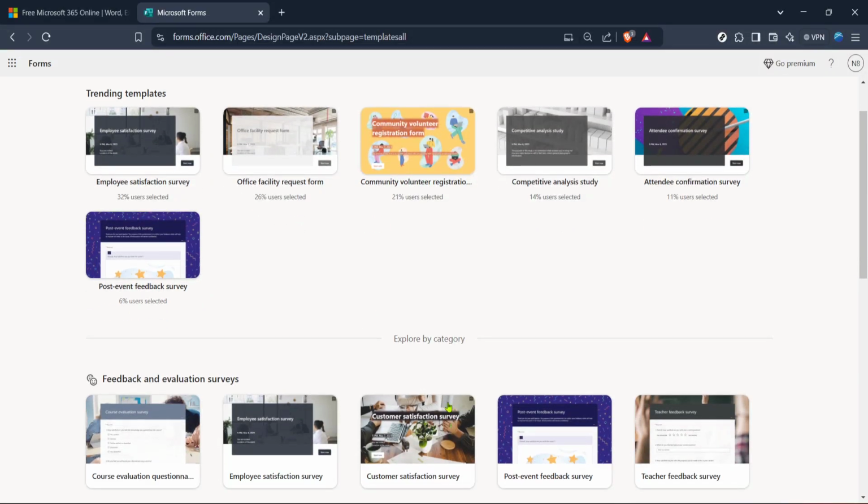As you browse through the templates, you'll see various options available. Study them to find one that positions you closest to your goal or offers a layout that appeals to you. Once you find the template you'd like to use, simply click on it to start customizing. Let's say, for instance, you've decided on the Customer Satisfaction Survey template. Clicking on this template will open it up, and you'll be able to start making any necessary tweaks to fit